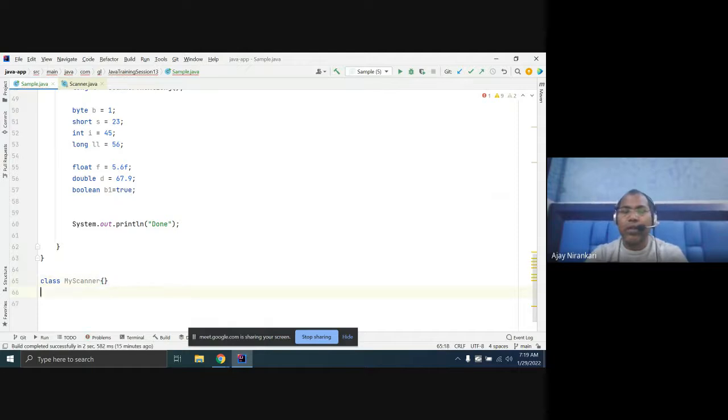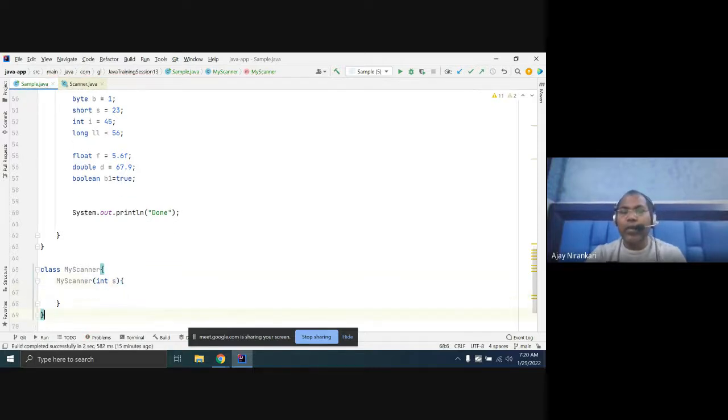Whatever is written inside this code, if you have provided one constructor, it will take your int value. It will take only an int value. If you have provided a void method, it does not take any input.